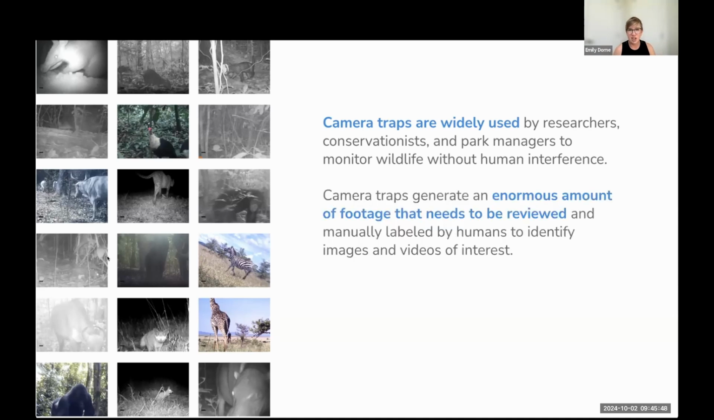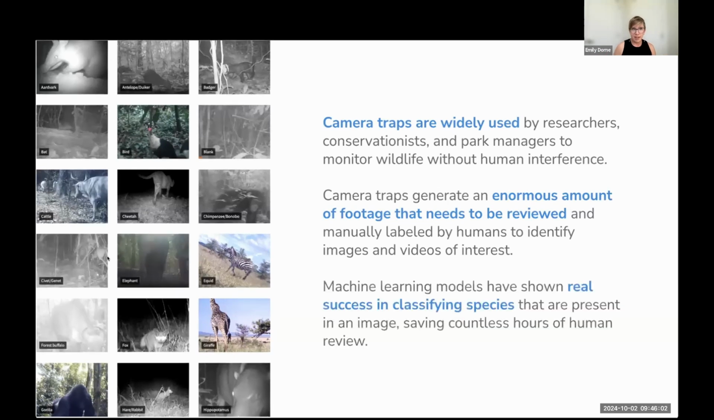The downside is that they generate an enormous amount of footage that needs to be reviewed and manually labeled by humans to actually identify the images and videos of interest. So we have this big bottleneck that makes it hard to really derive all of the value out of camera trap data. And this is where the potential of machine learning comes in, because machine learning models have shown real